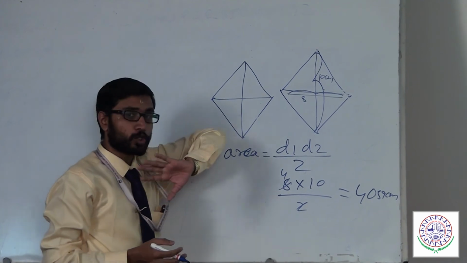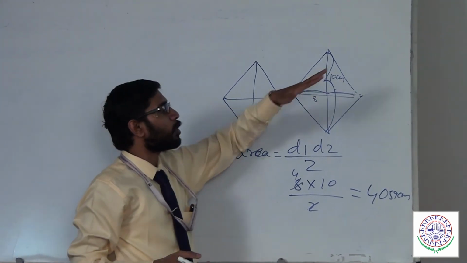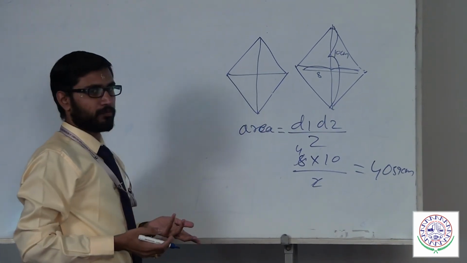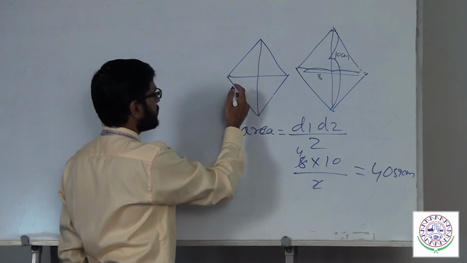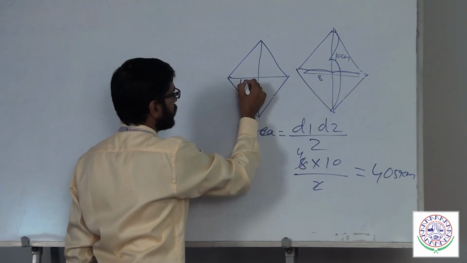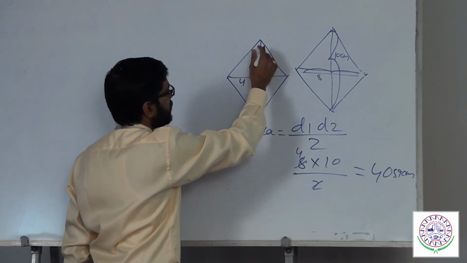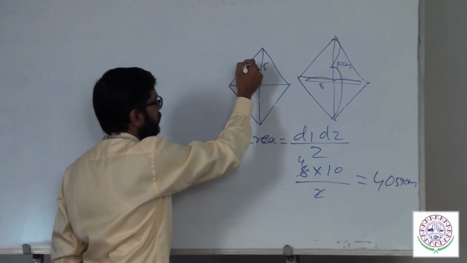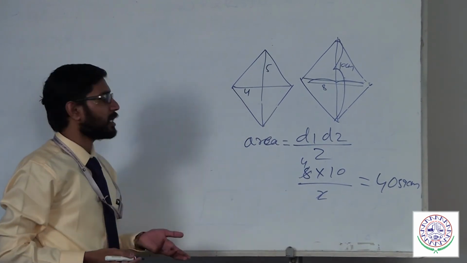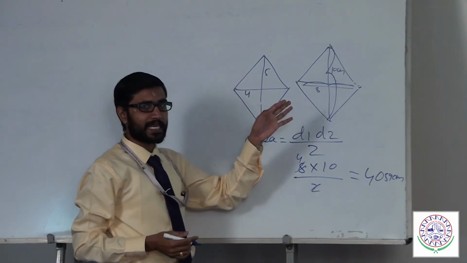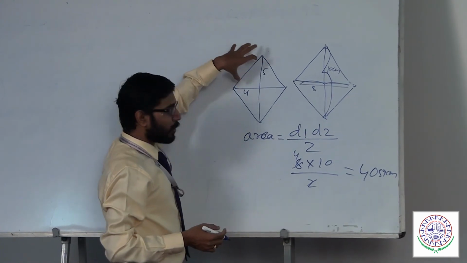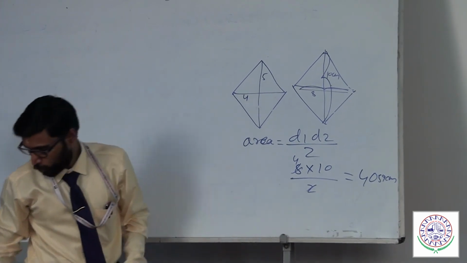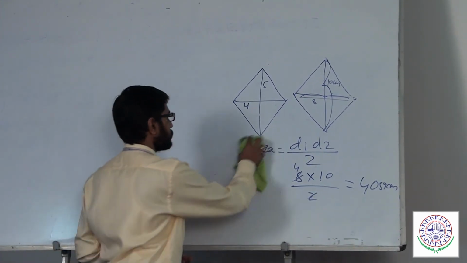4 triangles are given. Instead of giving this, what they may give is the length and breadth of a triangle in a rhombus with 2 diagonals. So if entirely it is 8, this will be 4, and this length is 10, so this will be 5. If you calculate this, the area of a triangle we know is half into base into height. If you apply that, you get the area of one triangle, multiplied by 4, you will get the area of the rhombus.